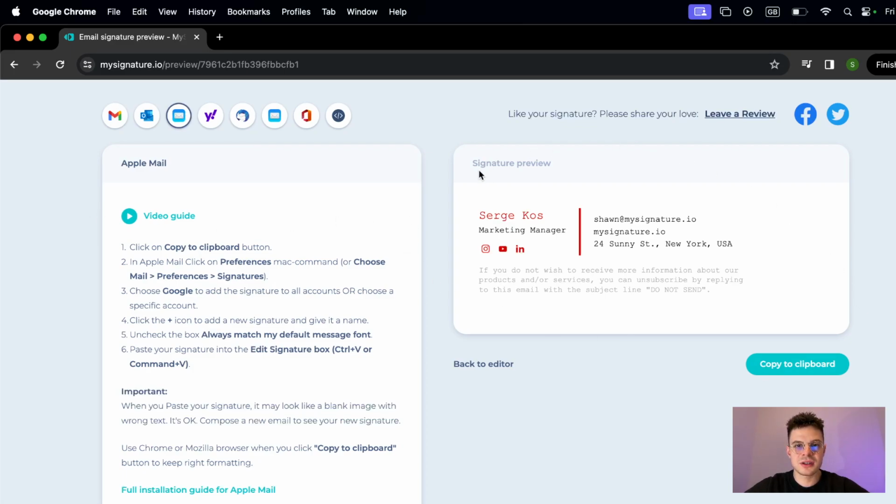On the top right, you can see the signature preview. In case something is not working out for you, you can go back to the editor. However, I'm pretty happy with the result I've got so far, so I'm ready to copy the signature to clipboard. You will have the successful pop-up window on the top right, and then we are ready to go to Apple